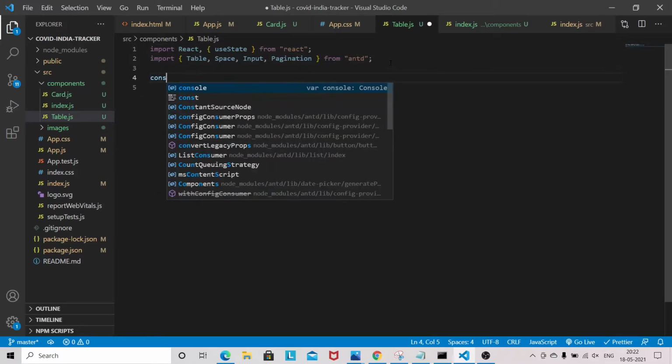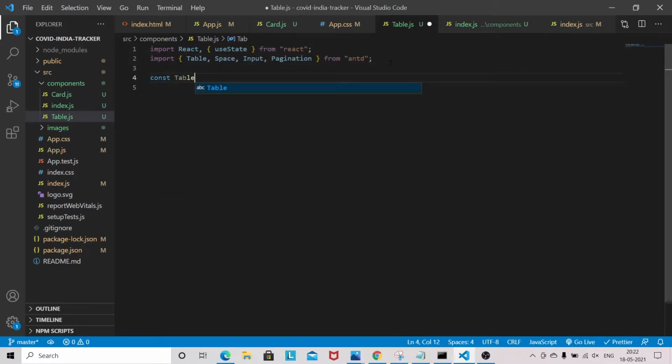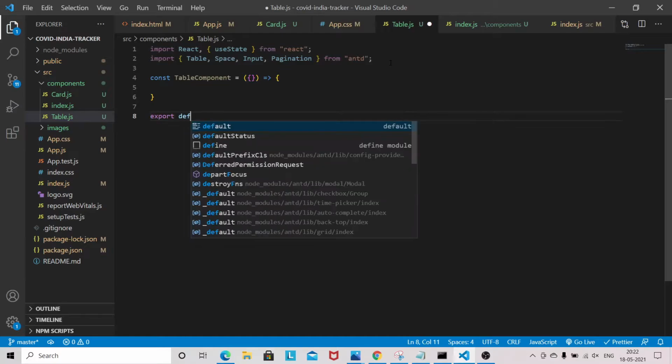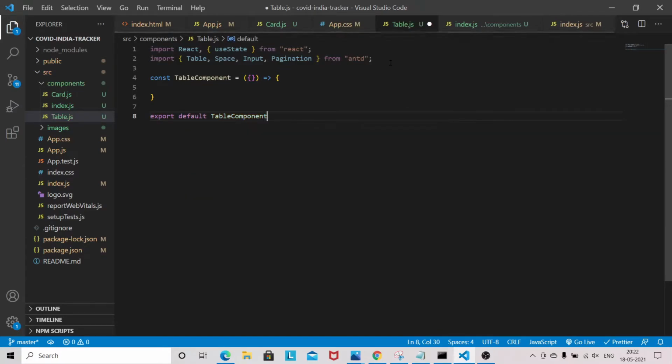Let's start the table component. We'll restructure the rows which we are sending from the app.js file. So we need total state wise count, loading, load data, and total state array length.